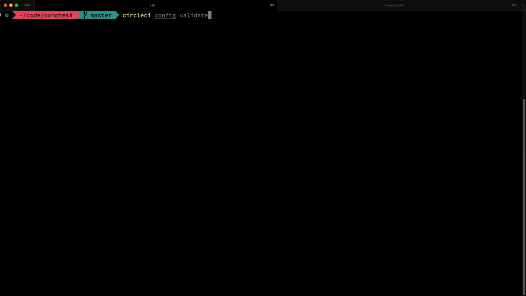And that's it. Creating that config file can be a lot of hassle if you're not familiar with the YAML file format. It's quite strict. Or with Docker. And the development process would be very annoying if you were to constantly push to that remote continuous integration server to check if it was valid. But luckily you can validate that locally with this command to check that you haven't any syntax errors in there.